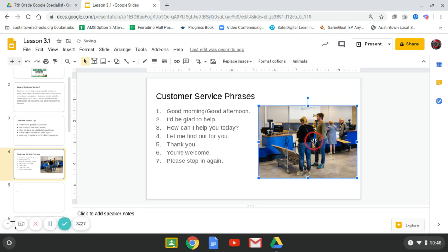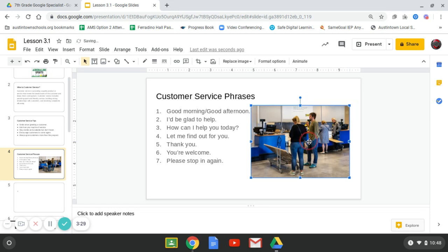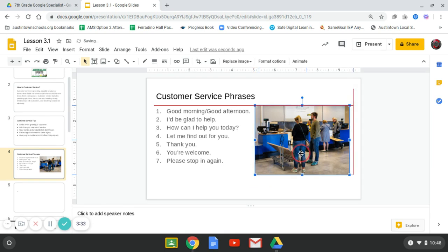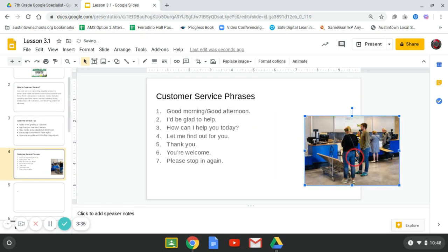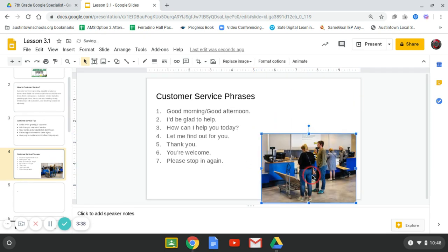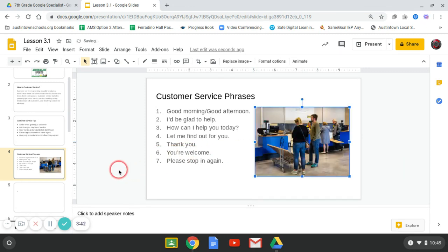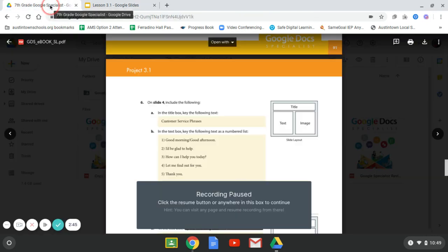I might have to move it, adjust the size, adjust the spacing. We don't want it too over the edge or too low. We want it to look like it should. So that's what it would look like. You could pick any picture you want that deals with customer service. All right, so number 5,